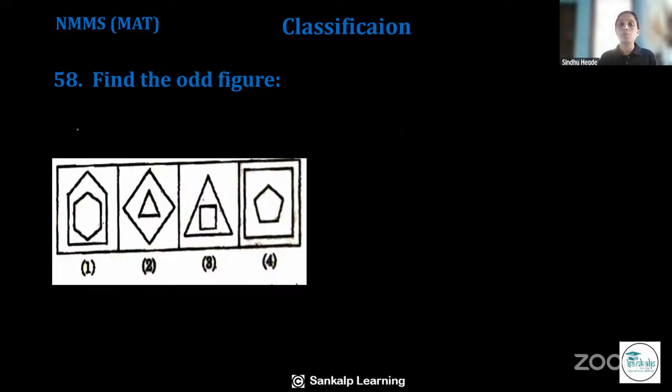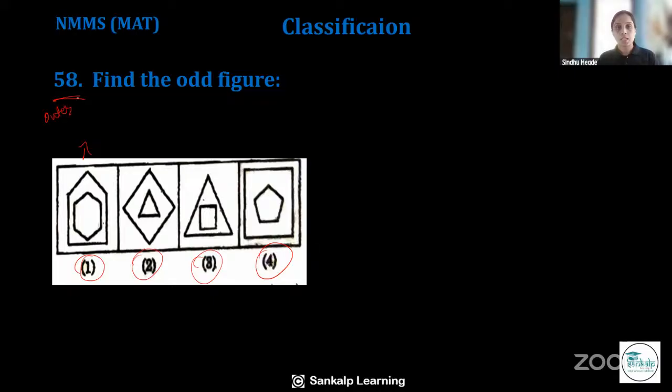Let us see question number 58 of the chapter classification non-verbal. Find the odd figure. Four figures are given here. All the four figures contain two structures, one outer structure and another inner structure. So we can find the odd figure on the basis of their number of sides. For the first figure,